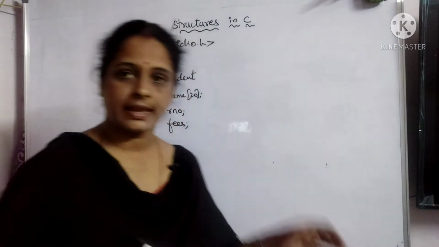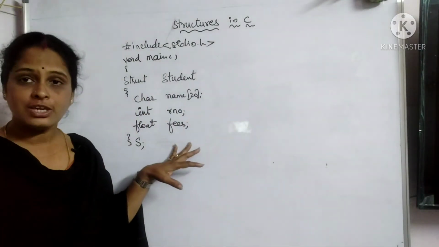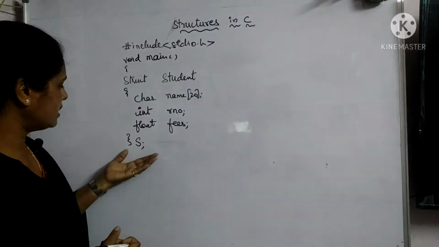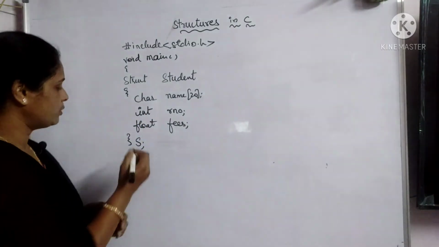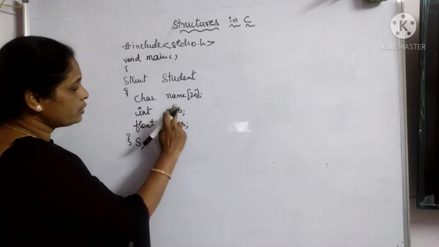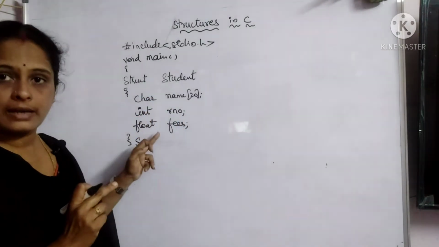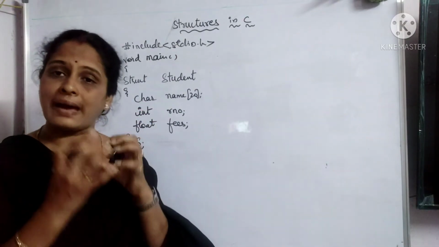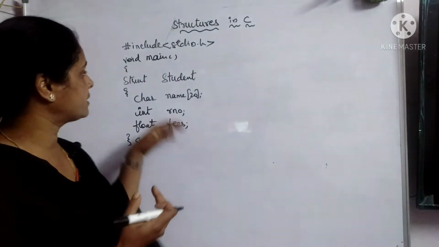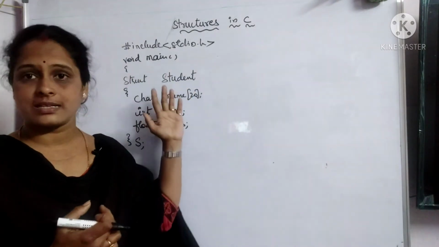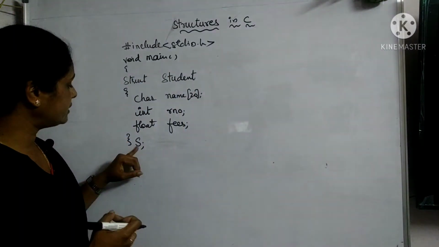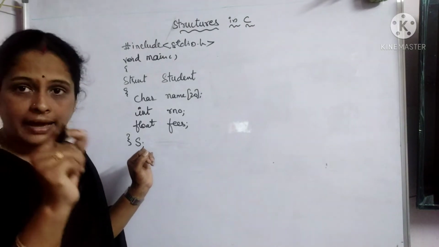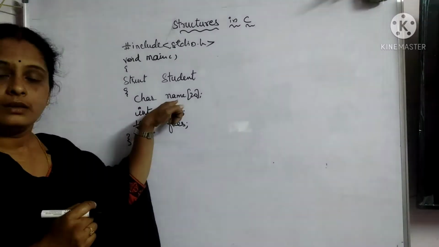Now, the second thing, how can I initialize them? So here I wanted to initialize them. How do I do that? If I wanted to use these name, roll number and fees, they are not free. They are packed in something. Under what are they packed? They are packed in the student. It is a structure. So what do I need? I need the variable of the structure followed by a dot operator, the member access operator, followed by the member of it.